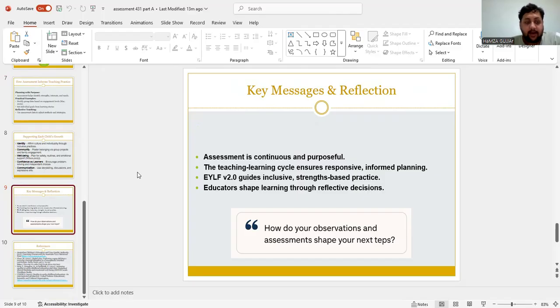So the EYLF allows us to make decisions based on natural observations while promoting diversity and child-led learning. The educator's role also plays an important part in developing and creating guided learning pathways for the students. Together with all other reflective educators, we will stand by our commitment to achieve quality learning outcomes for every child.